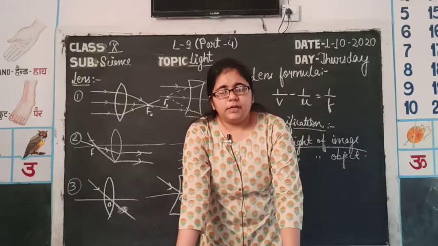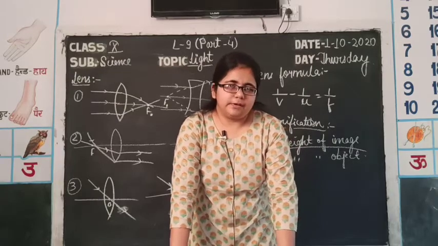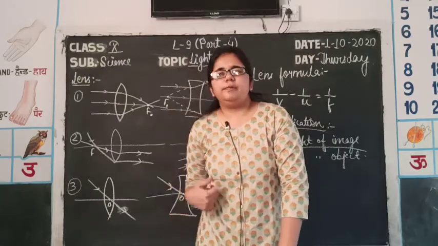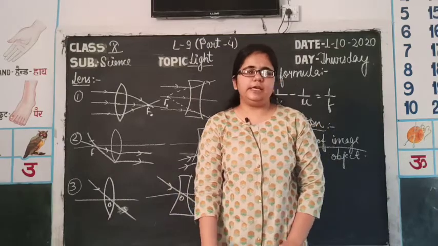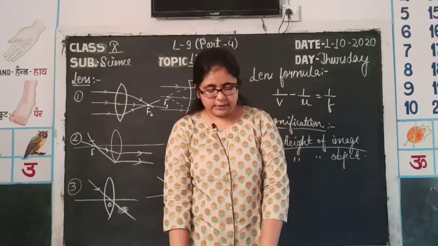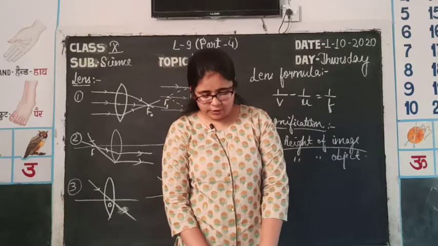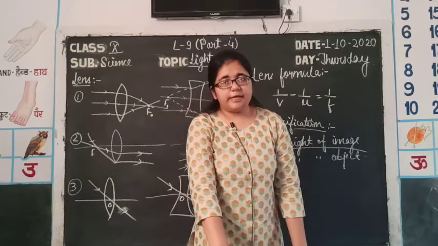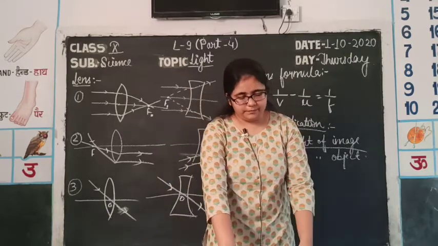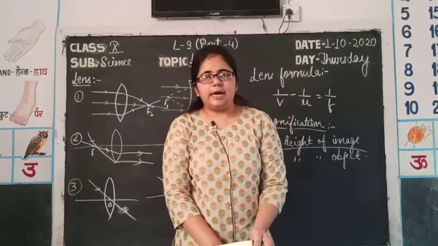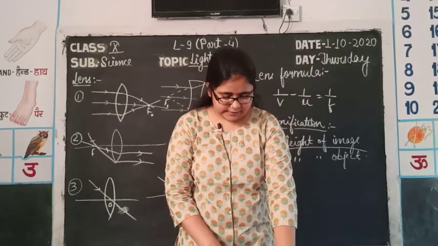And the last case is point number 6, in which the object is placed between the optical center and focus, then the image will be formed on the same side. The meaning of the image being formed on the same side is that the image will be virtual and erect and will be larger than the object. So, the magnification will be greater than 1. These were the cases regarding the image formation by convex lenses.